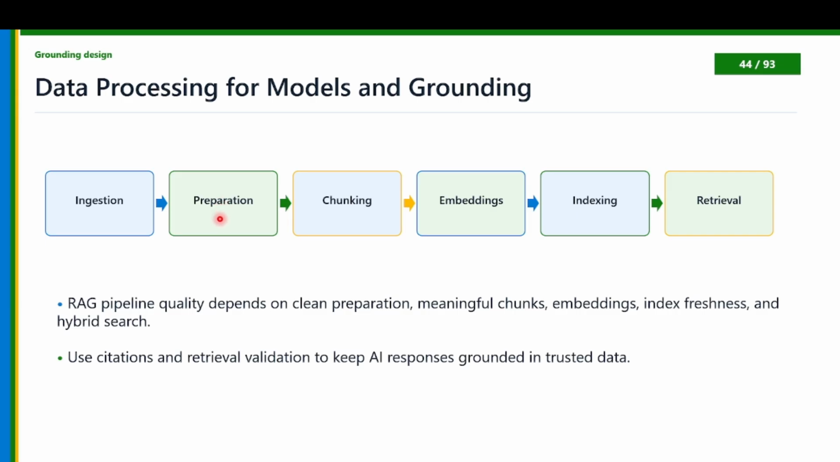They are the ones that will ingest the data, clean the data, transform the data, and make sure the data is properly structured and properly ready for chunking. So when the data is prepared, the next thing is chunking. So for a RAG database, you can use